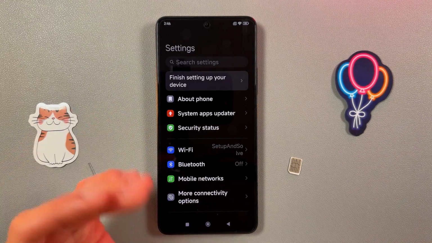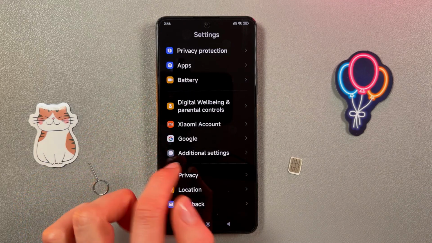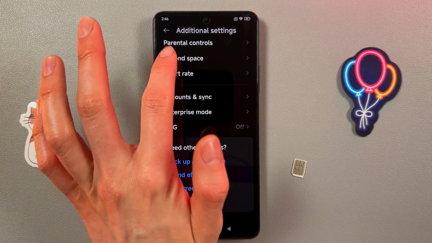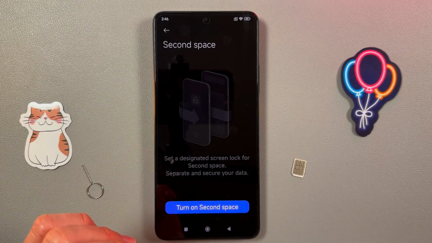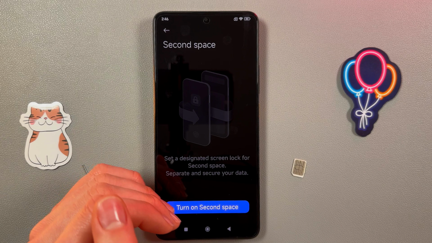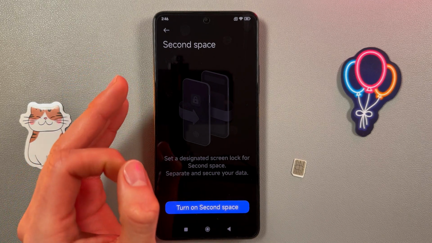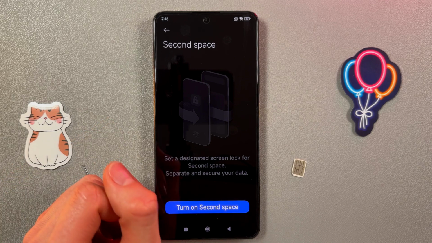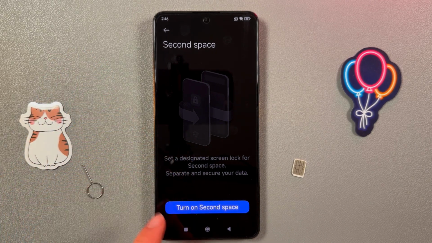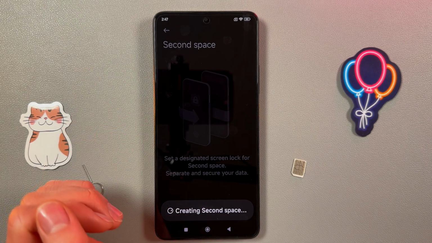So here we are, and now we're just gonna scroll down to the additional settings. Again, just to the very end. So here we are. Second space is a feature that allows you to create a separate private space on your device. It essentially creates a second phone on your device where you can have different apps, settings, and accounts. So just press turn on, wait a little bit,